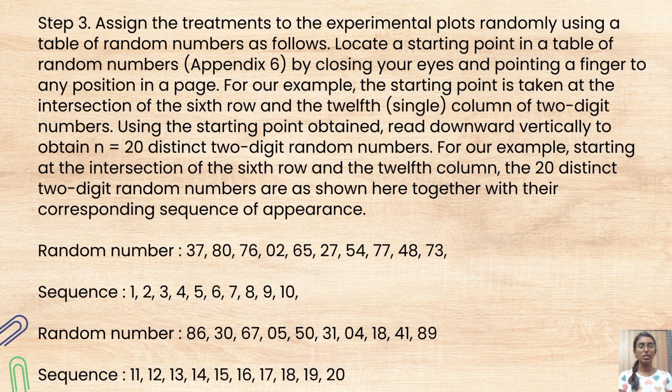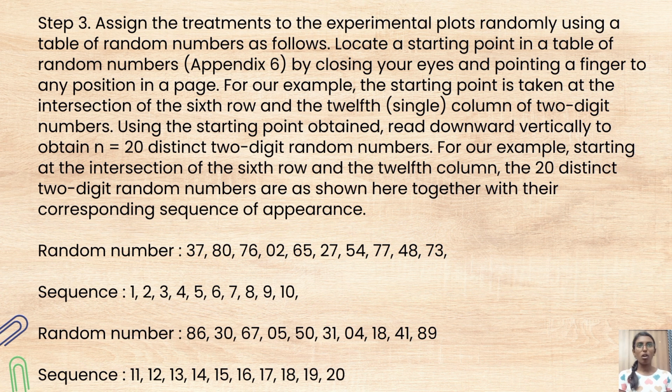For example, the starting point is taken at the intersection of the 6th row and the single column, the 2-digit number. Using the starting point obtained, read downward vertically to obtain n equal to 20